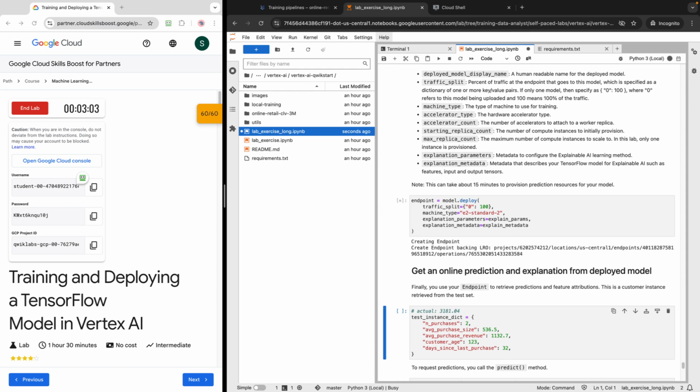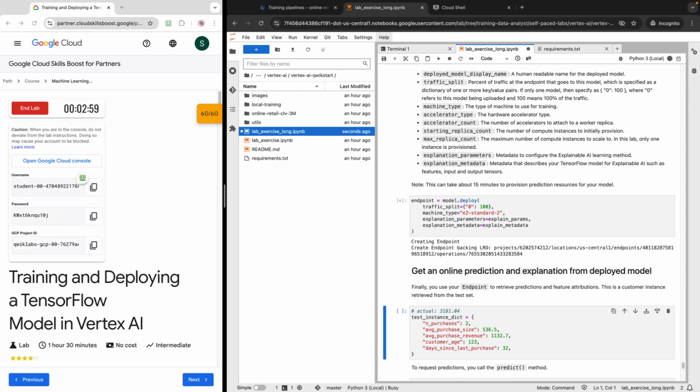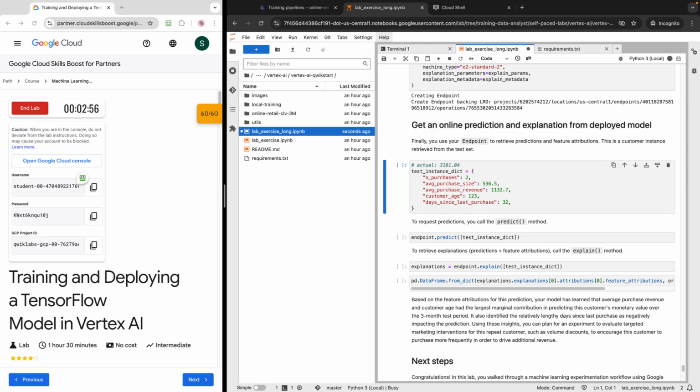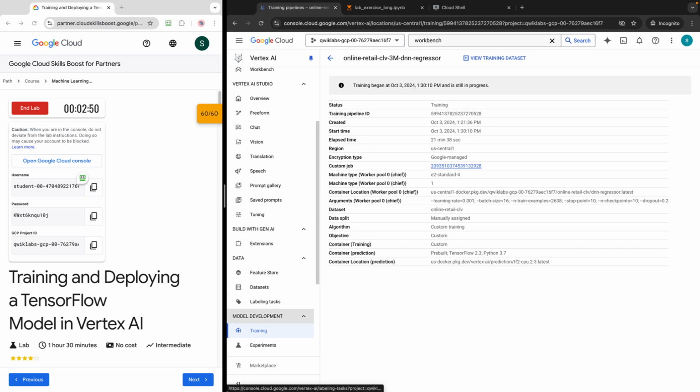We have just 3 minutes left. I'm not sure how this is going to help, but anyway, even this is expired. I hope it will work. Let's try. Only 2 steps to go. So endpoint creation, and also in the meantime, if you want to look at the models, you can go ahead and look in the